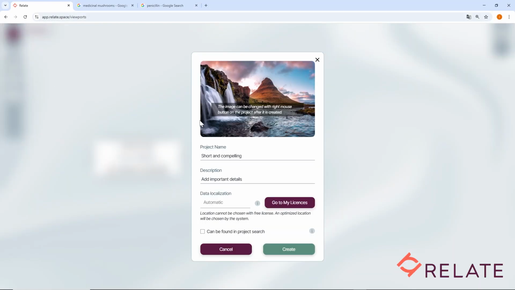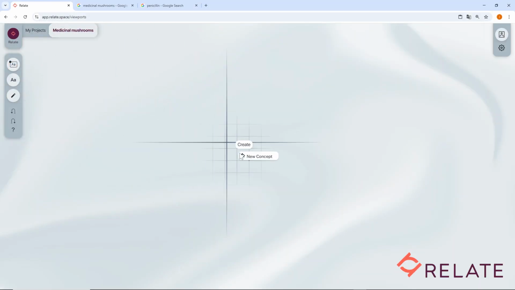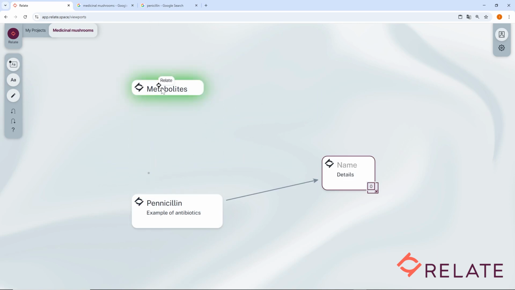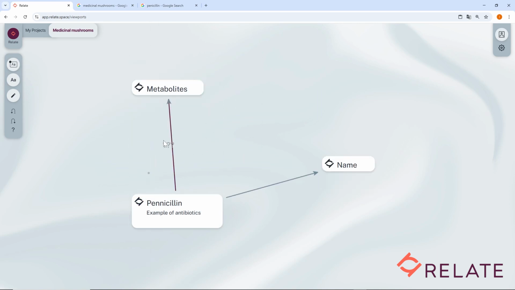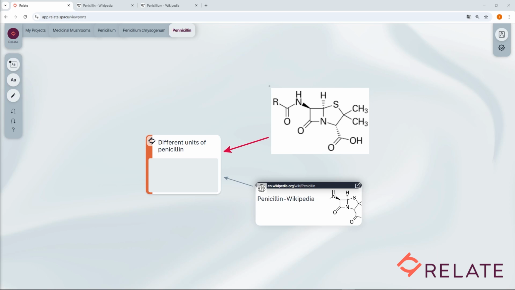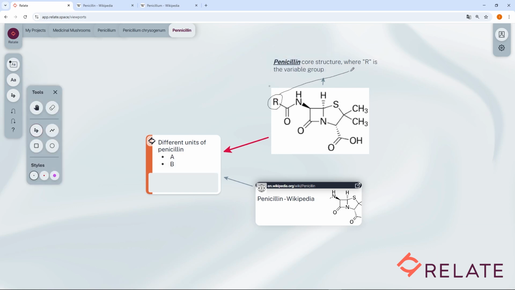Now that we've seen how to create a project, how to create concepts, and how to make connections, let's look at other useful features to become better and to work more efficiently in the platform. We'll see how to add annotations, how to edit text, how to add and delete drawings, and how to undo